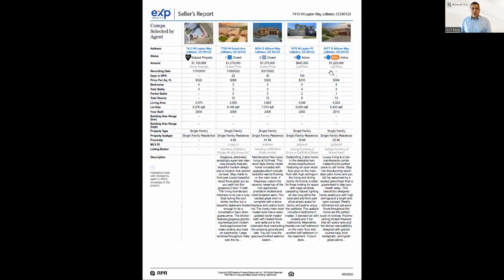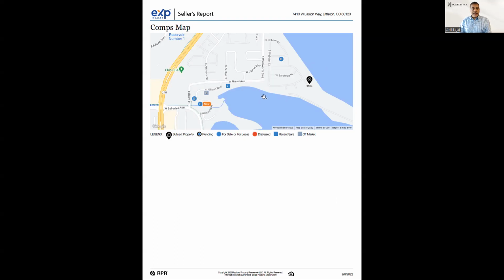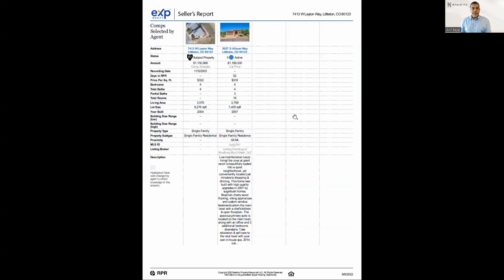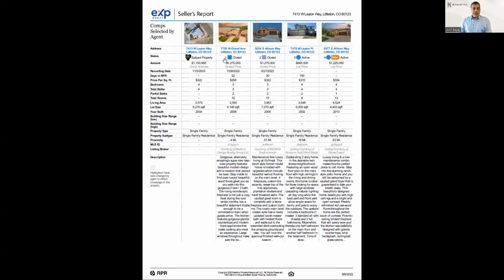So here's the chart that shows the different homes that are being compared to. So the first one is the subject property. So that will be your home. And then in this case, it has 4 properties here and 1 on the second page. And so a blue square means it's recently closed. A gray square means it closed, but it's been a little while, not that long since this report was